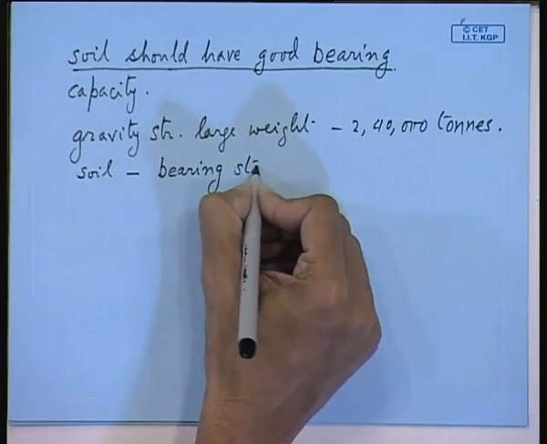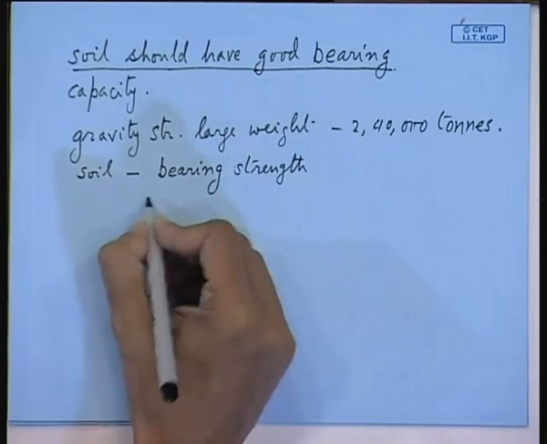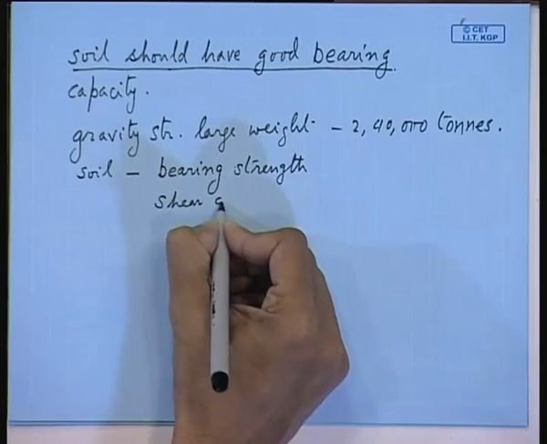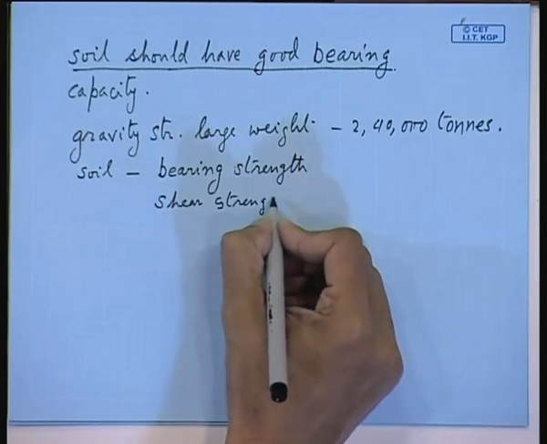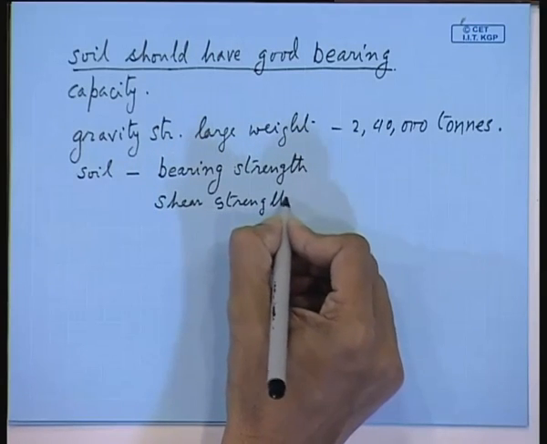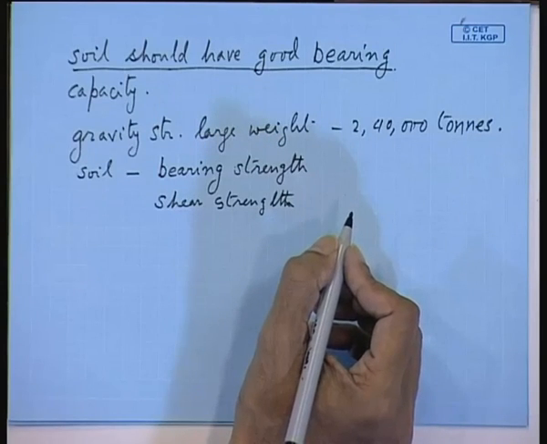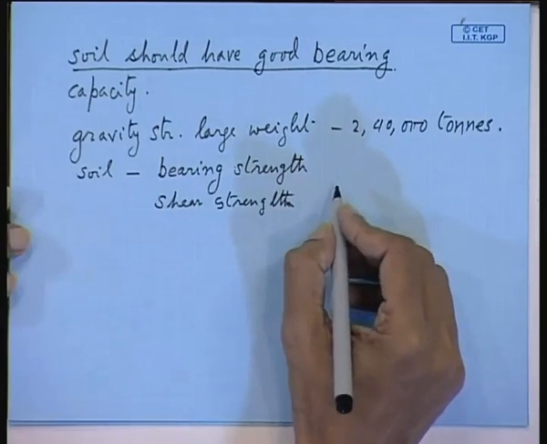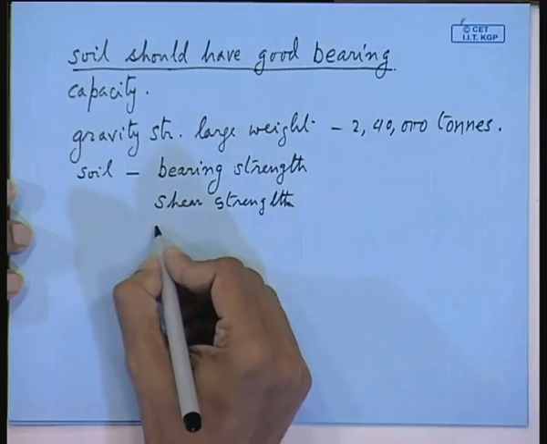This is called a bearing strength and the other is called a shear strength. These are two characteristics that you will come across, bearing strength and shear strength. Now, if there is no shear strength, then that is called